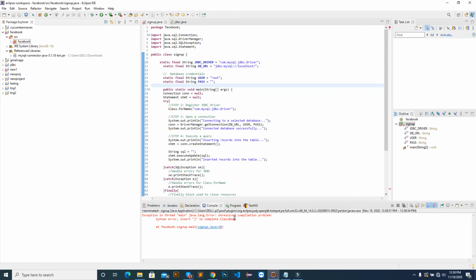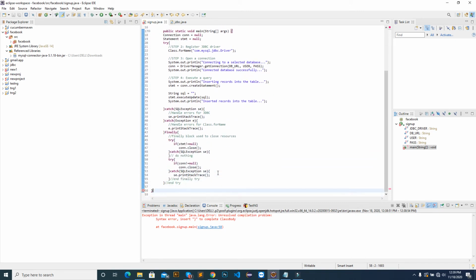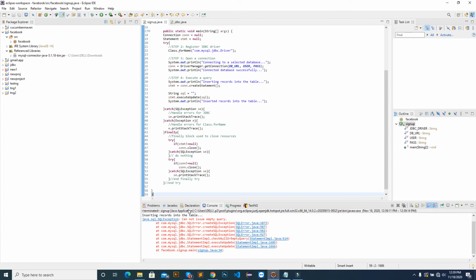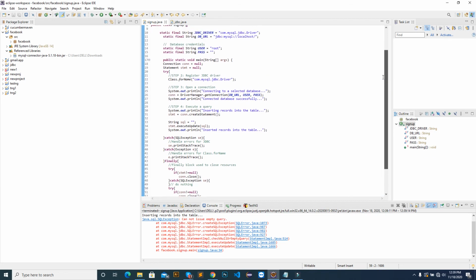Now we have only one error, unresolved compilation problem, insert to complete the class body. Now we have this catch block, this and another bracket, right? Now I compile it. So cannot issue empty query.